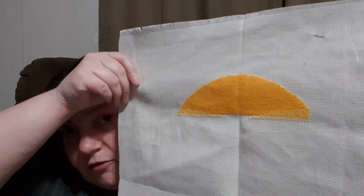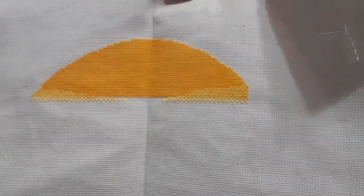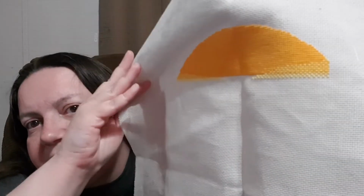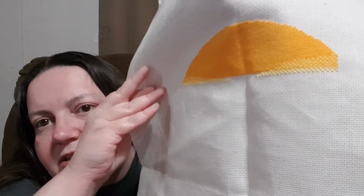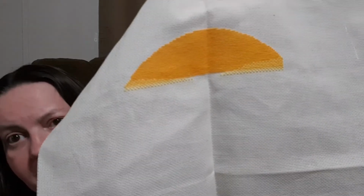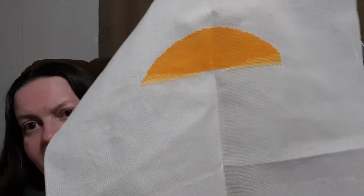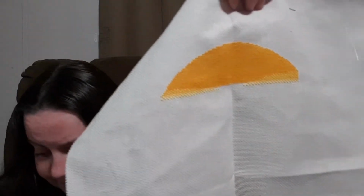This is how far I've gotten. Let me show you this again because I rambled, because that's what I do. I was not having a lot of fun just doing the orange up at the top. I was super excited to get into some of this yellow down here. I'm going to probably continue working on this for the rest of this week, and then sometime this weekend I will change over to